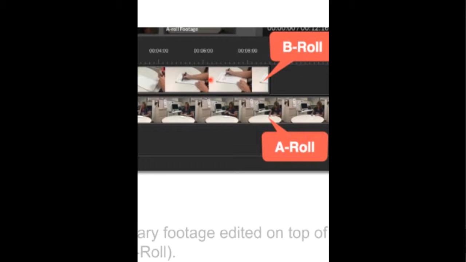And so imagine CNN, some talking head is talking about the election. The B-roll then would be the various actors and people involved with the election. And you can have more than just one shot, like I have in this example. You can have another shot, depending on how long the interview is, right? There are examples of A-roll and B-roll all through, and just turn on the news and you'll see examples of